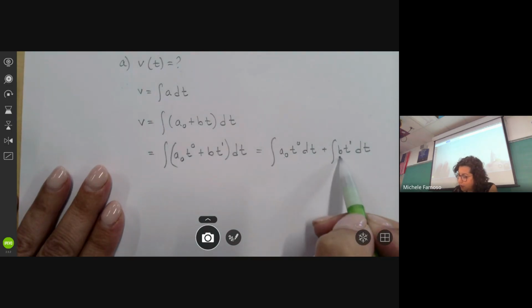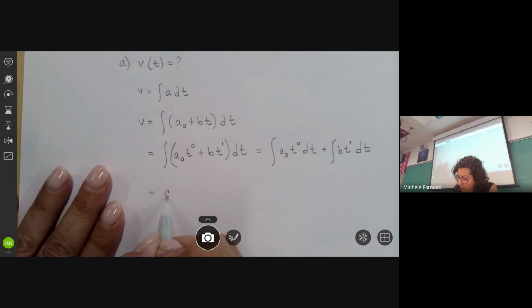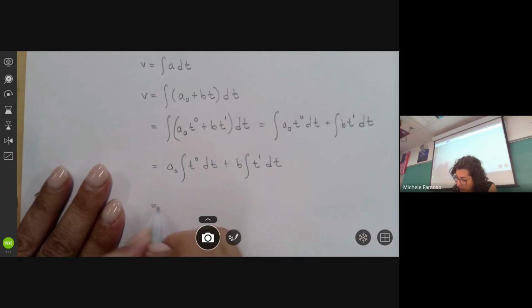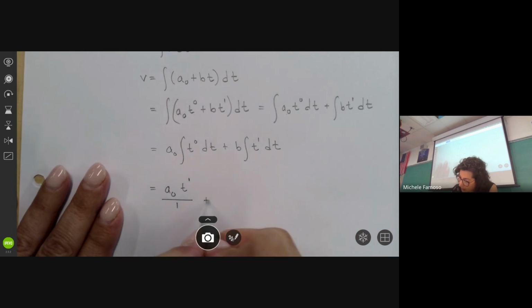Since a0 and b are constants, they will come across the integral. And now we are going to integrate, which means we add 1 to the power and we divide by that new power. And then we have to add a